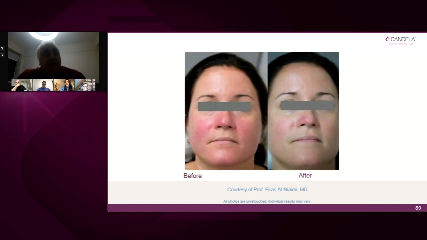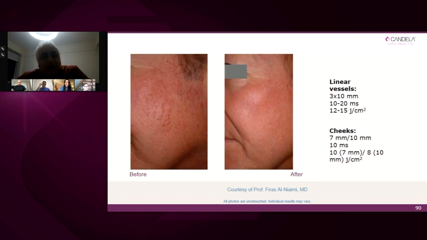In this case, where you have diffuse redness with no visible telangiectasias, again, it's going to be a large spot size, multiple passes, and a short pulse duration. Now, I do emphasize that when you're using more than one pass with a V-beam Perfecta, you do need the expertise. You do need to be able to interpret the clinical endpoint. It's something more for an advanced user. If you're starting with a V-beam, I would suggest you start with a single pulse, with a single pass.